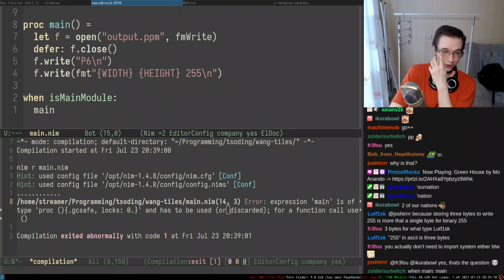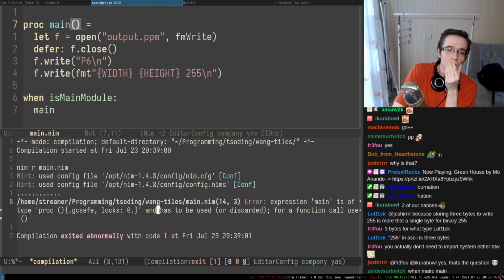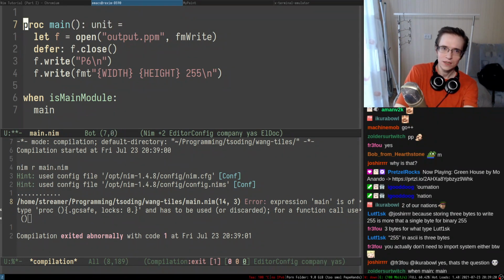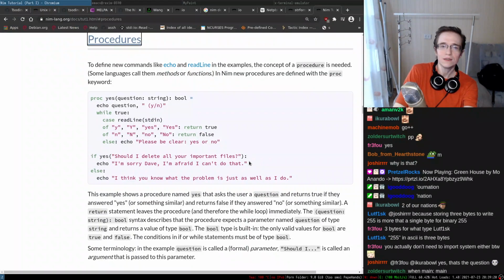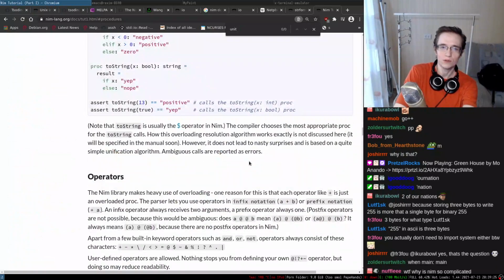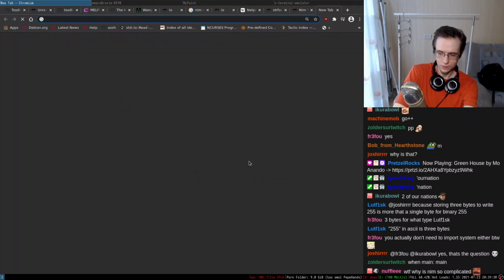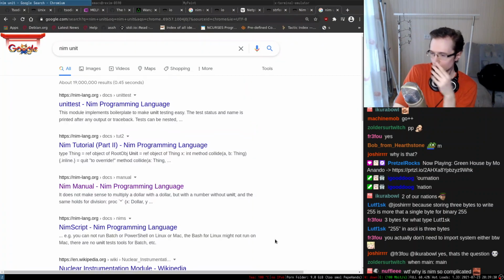Oh yeah, okay, here's an interesting thing. I suppose I have to explicitly say that this thing does not return anything, right? So the type of this thing is unit, right? Okay, Nim unit.